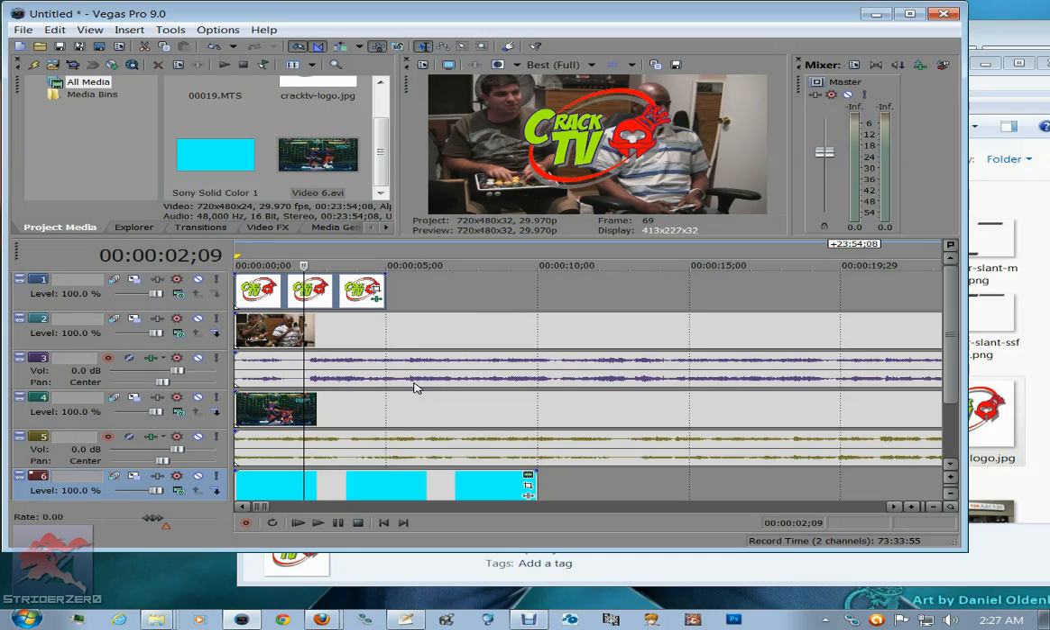So right now I moved it down to the bottom. Now the top layer is still the Crack TV logo, but the cyan blue is all the way on the bottom, and you can't see it because the player cam is taking up all the screen. So now I'm just gonna go over here to track motion,